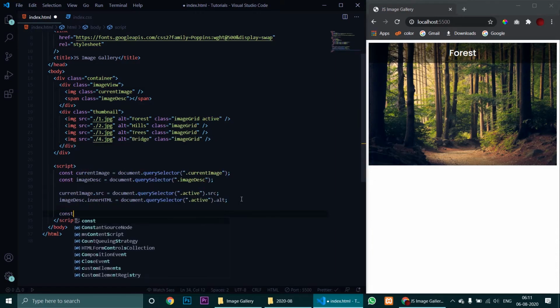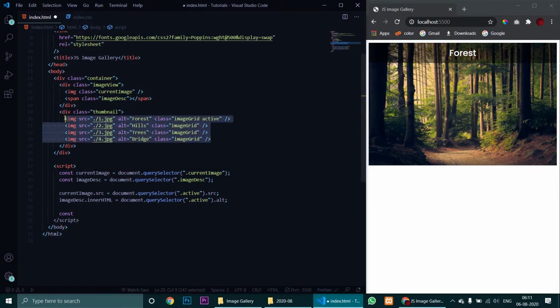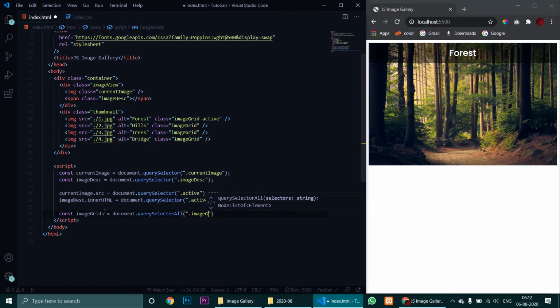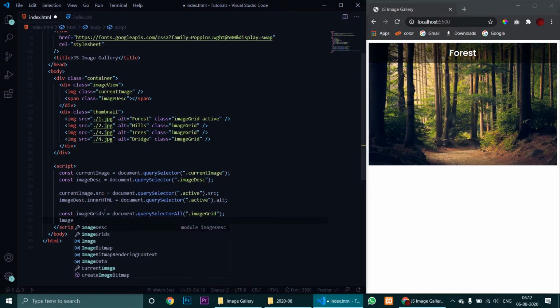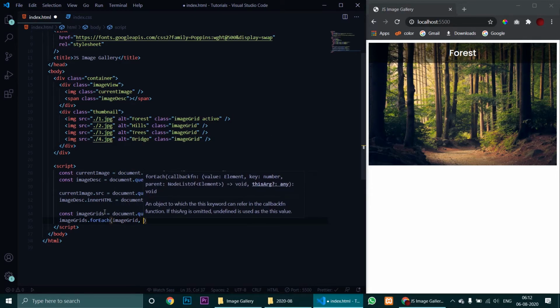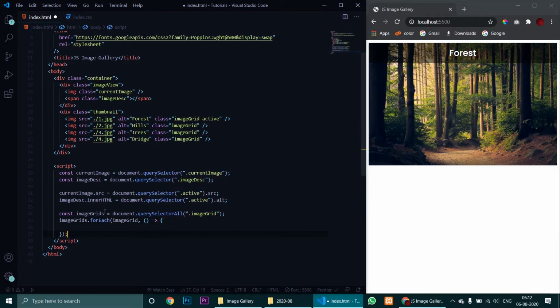So first let's extract all these 4 images which are in the thumbnail. For that we will need the document.querySelectorAll function of JavaScript. So let's first extract those. Selector all. Yes, now we have them all. Now we will run a forEach loop, like this, and whenever an image is clicked on, so we need to add an